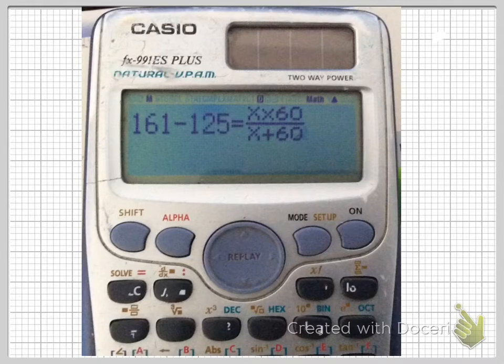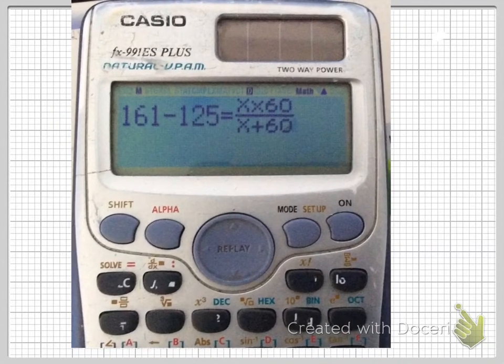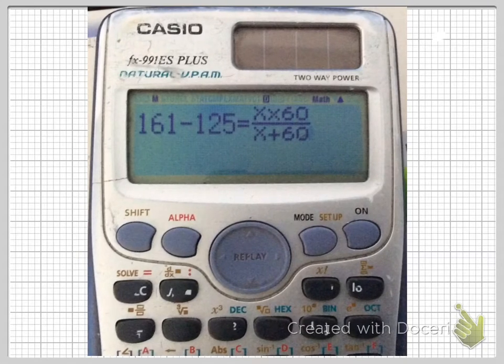All I did is type in what I just had, and for the equal sign, I pressed alpha solve, which is this button, so that I can get this equal sign, right? And then to solve the answer, I press shift solve, and then you will find that the answer is equal to